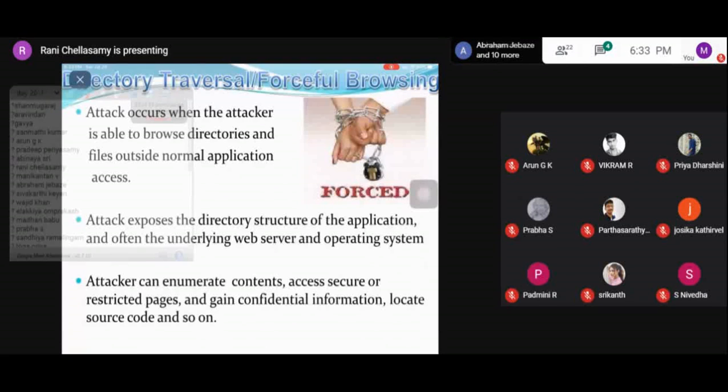So here you can see how the parameter tampering is going on. This is the URL. What the hacker will do is go and modify the URL. Here you can see the patient ID mentioned is 790865. Next, they can go and modify it to patient ID equals star, so they will get all the information related to the patient details.